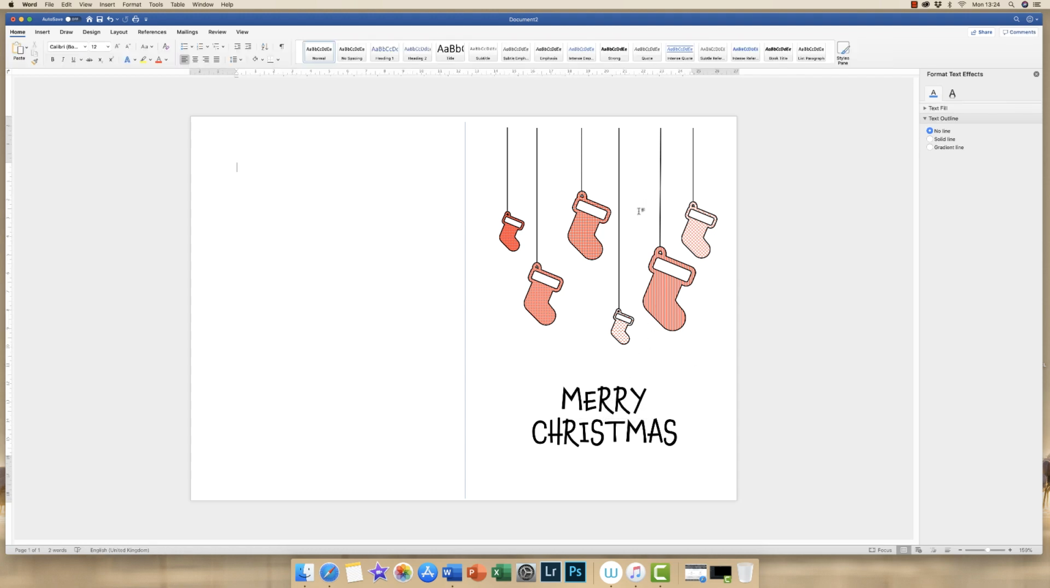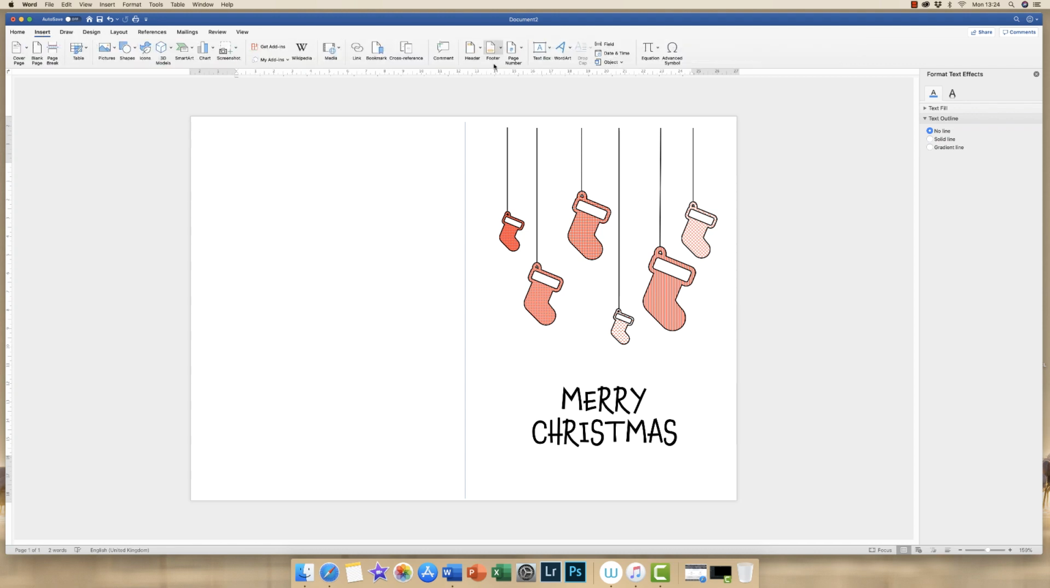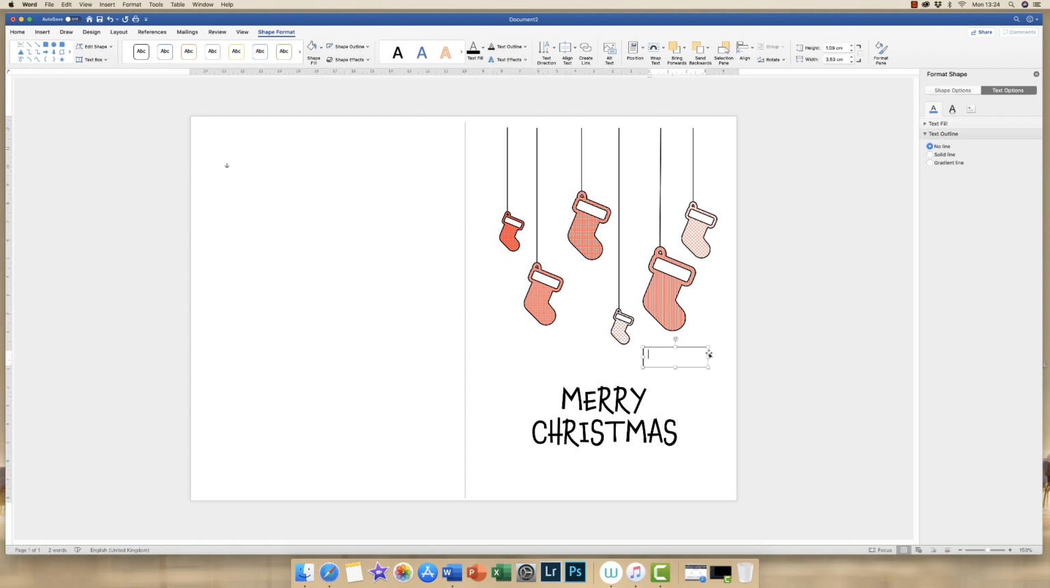Now, if you decided that you wanted to customize this particular design, what you can do is go up to Insert, click Text Box, Draw Text Box. You can then draw a text box and you can put in a name, and then you can name each one of your stockings. Now, I'm not going to go and change the font,